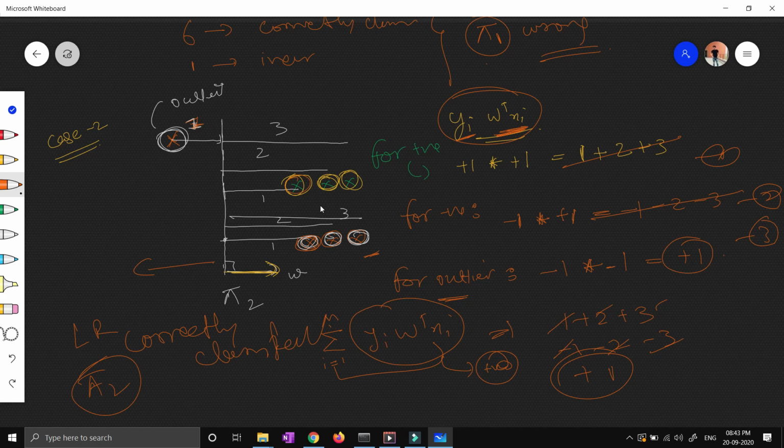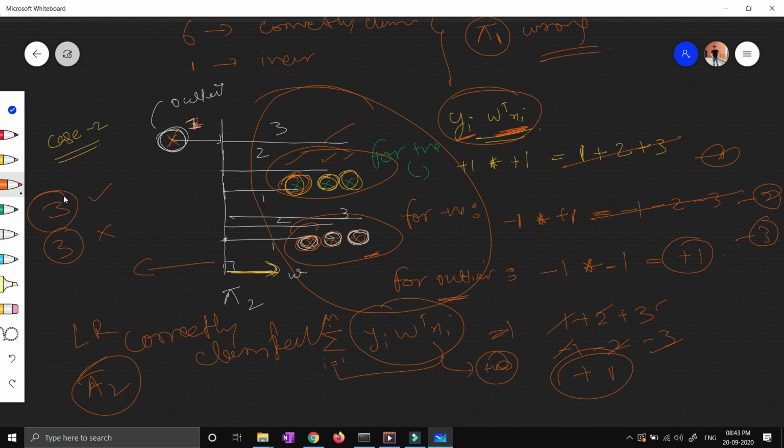But you can see over here that this positive point is correctly classified. These 3 points are correctly classified. But these are my negative points, and my logistic regression also classifies all these values in the same section or half space. So you can see 3 points are correctly classified, 3 points are incorrectly classified, and the outlier is correctly classified.